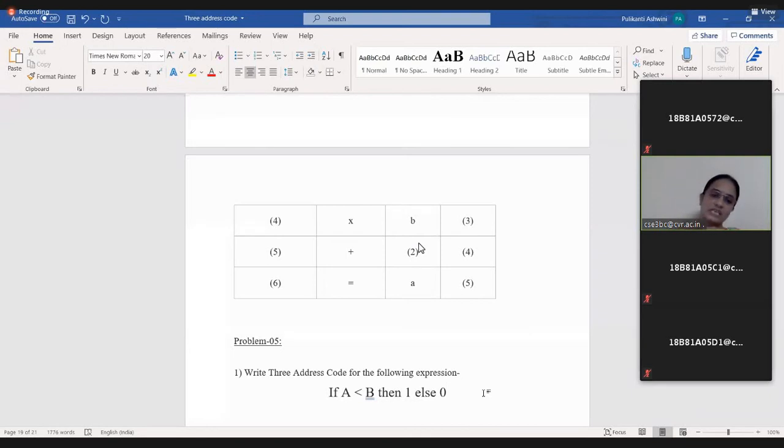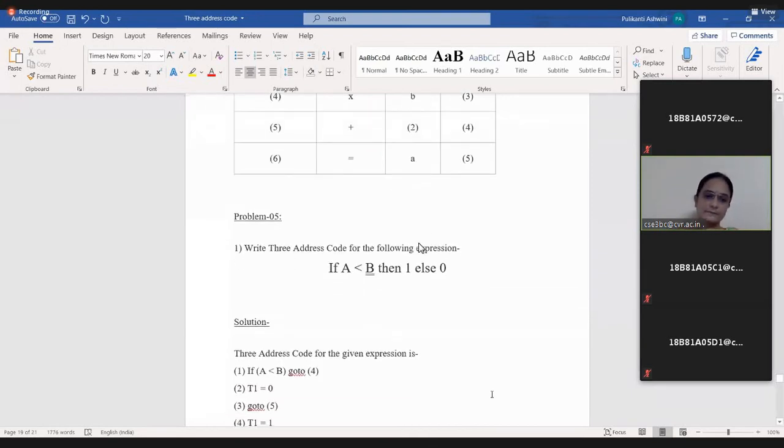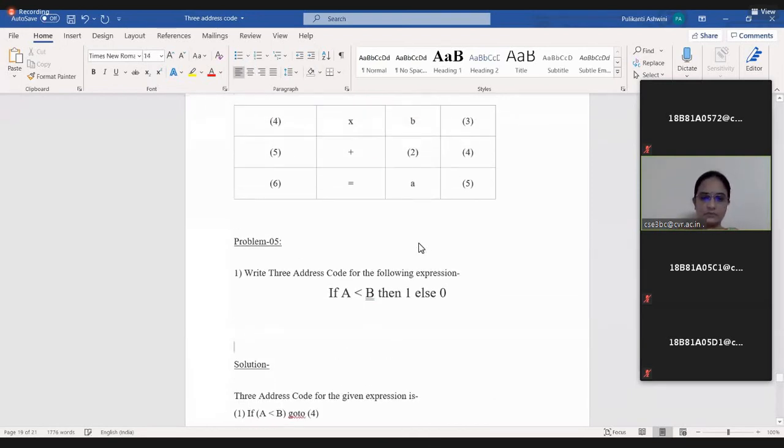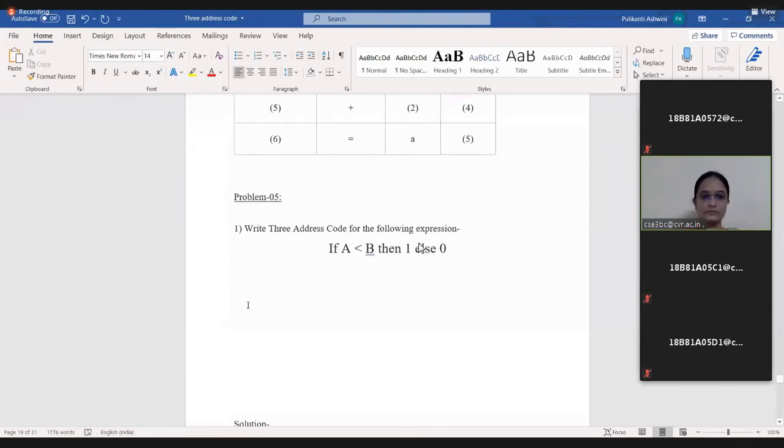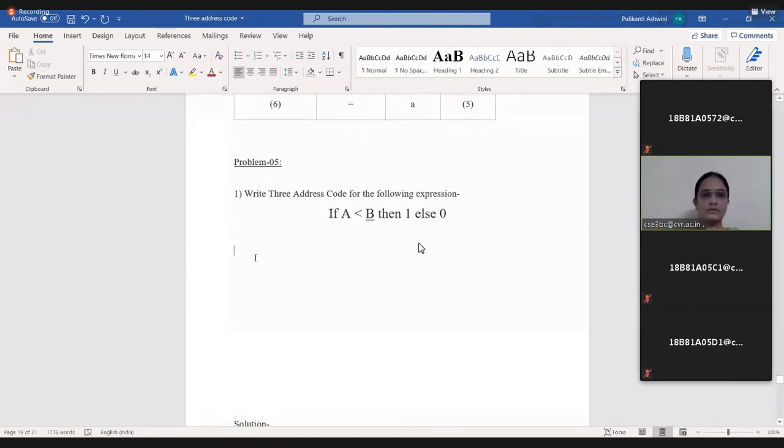In such cases, take down: first we check the condition. No need of writing the if statement and all that; directly we can write the 3 address code. So if A less than B, it prints 1. If the condition is false, it prints 0.